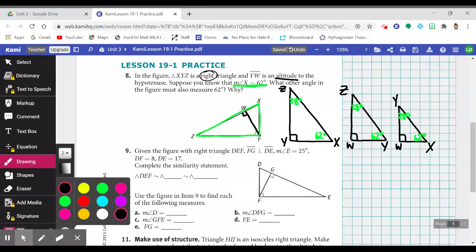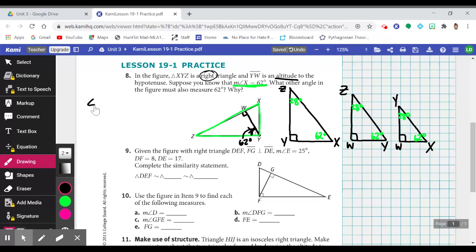So we can say angle WYZ or angle ZYW. This angle right here is our other angle besides X, because if you notice, angle X pops up twice in the larger and smaller triangles. This is our other angle that is 62 degrees. And again, we can't call it angle Y because multiple angles share vertex Y. So we'll say the measure of angle WYZ